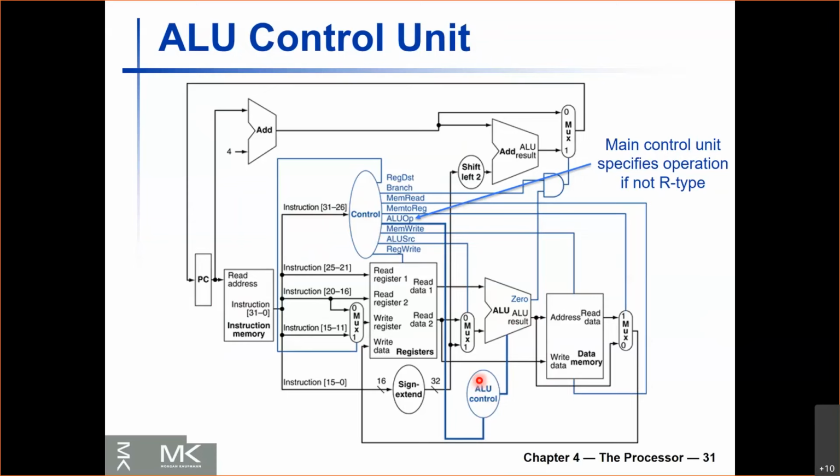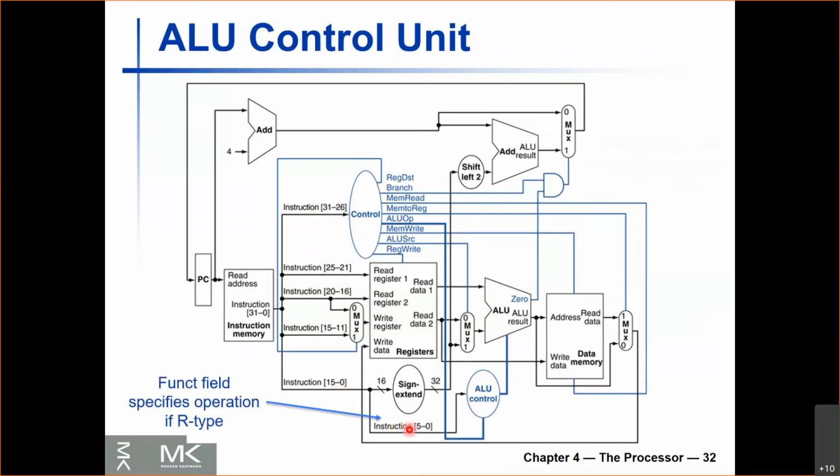And in this case, the ALU control unit will need the funct field. And where do we get the funct field from? The funct field is part of the instruction, and it's going to be the last 6 bits of the instruction, correct? And we already have these bits over here. The last bits of the instruction are down here. From these bits, we don't need 15 to 0, we just need 5 to 0. So we're going to take bits 5 to 0, these are the funct field, and we're going to pass these